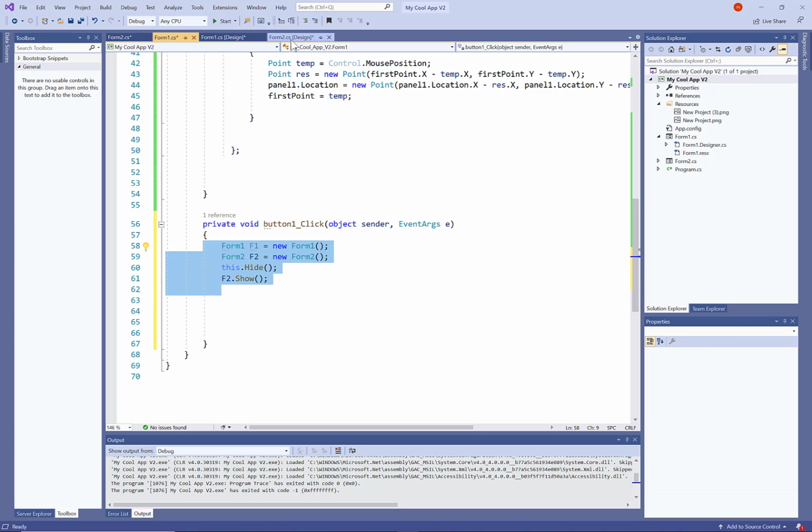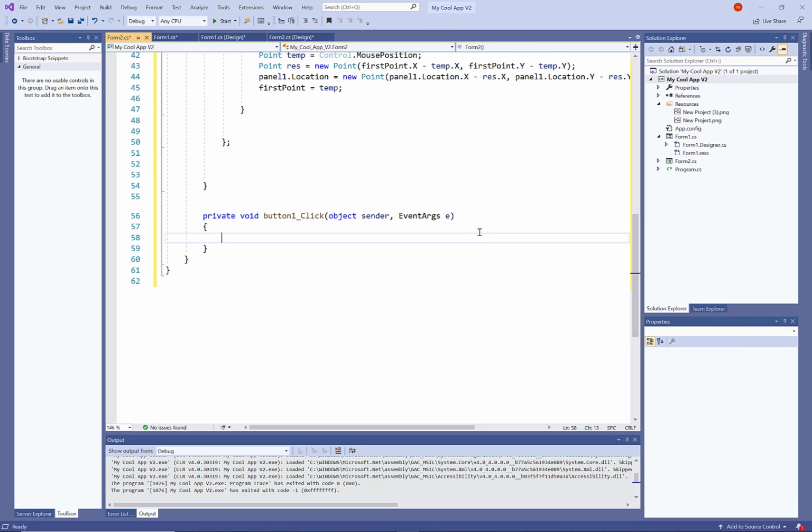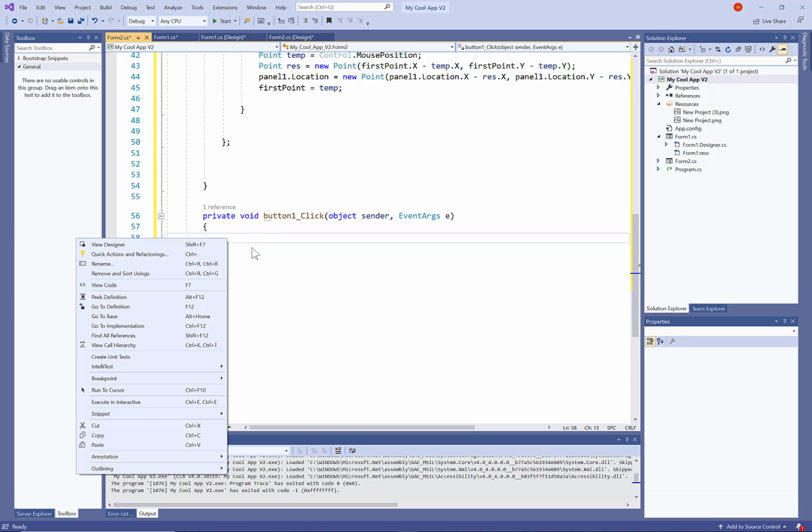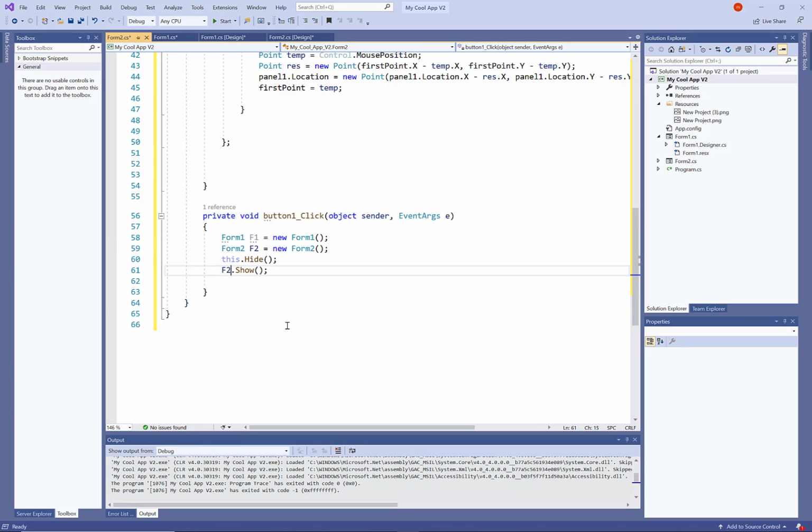I'm going to go to the form 2, and I'm going to double click on the button on the form 2, and basically paste my code there. And the only thing I need to change here is change that to form 1, F1, because this is now referring, because I'm on form 2, referring to form 2. So now if we click here to save all the project files and press the start button,